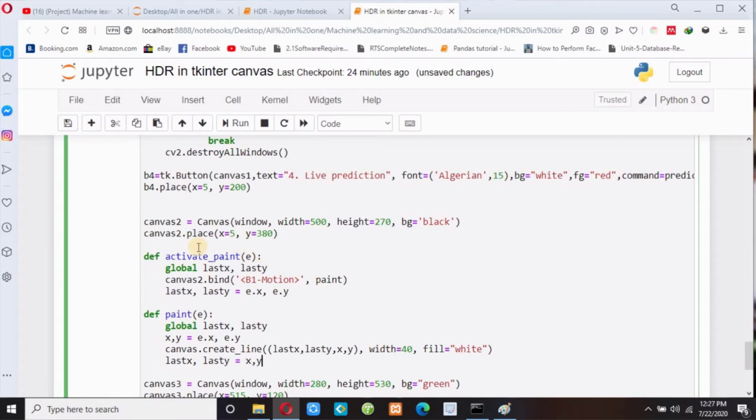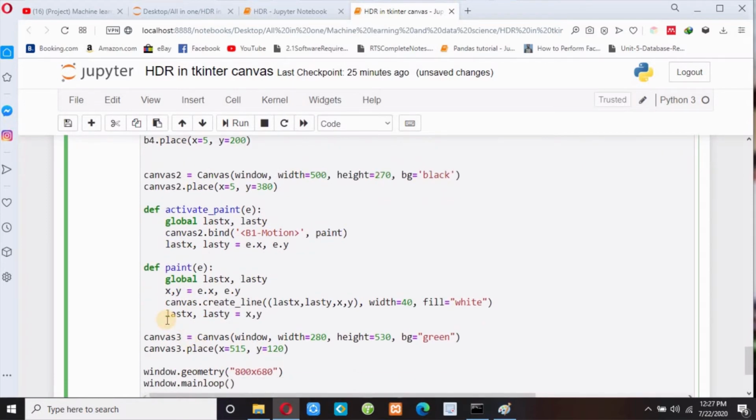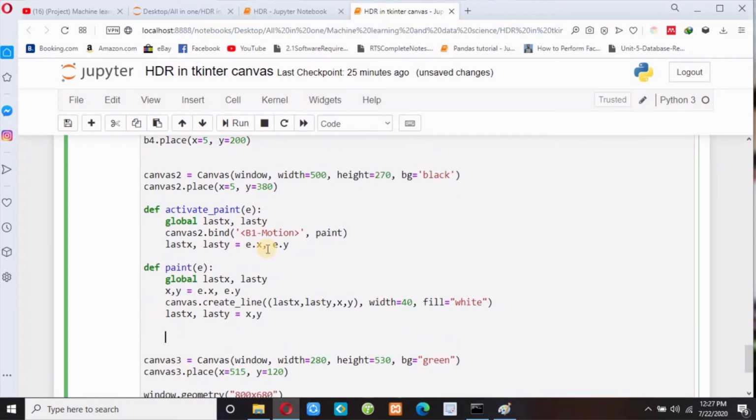And you don't need to memorize this line of code. This is only the code to draw or to make paint in Canvas 2. Now finally I have to call this function activate paint, and this activate paint automatically calls this function paint. So let me call canvas 2 dot bind 1, because I have used b1 motion, and then activate paint, okay.